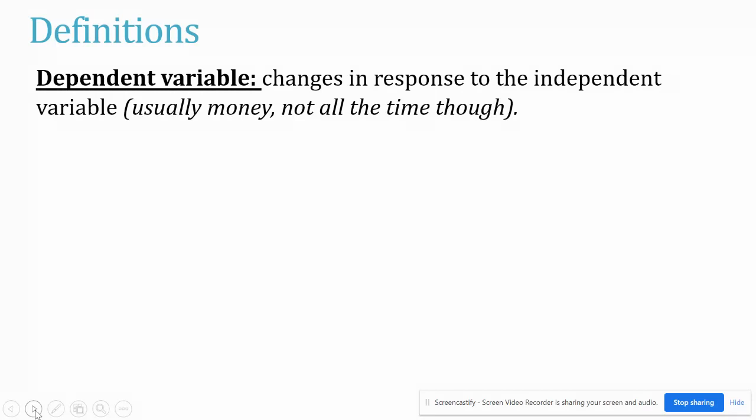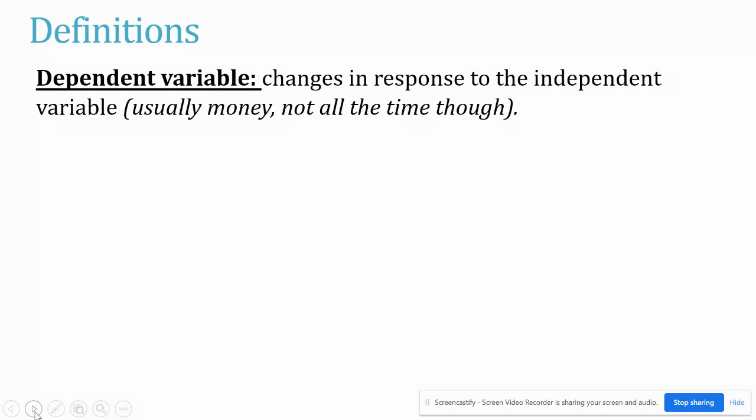Most of the time, a dependent variable will be money, but that's not all the time. So in most scenarios, it will be, but every scenario is different. We're not always going to be talking about money in word problems. It just does show up a lot, so I want you to keep that in mind. But when you think about money, money usually depends on something else, like how many hours you work depends on how much money you make that day. How many months you've saved for depends on how much money is in your savings. So that's why money is usually dependent on something else